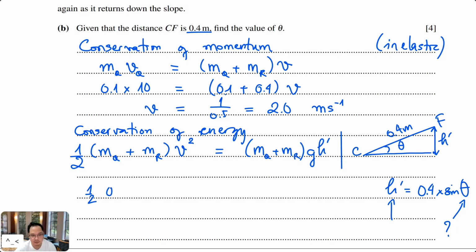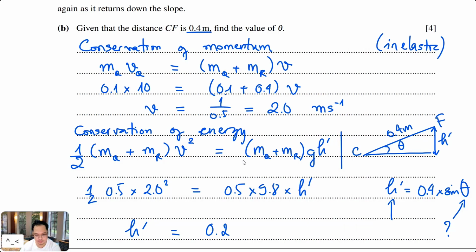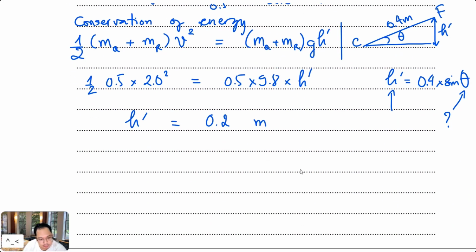1/2, the mass of Q and R combined is 0.5 kilogram. The speed here is 2. Square it. And the mass here is still 0.5, g is 9.8, and now finding the new height. The new height will be approximately equal to 0.2 meter, and it is equal to here 0.4 for the length